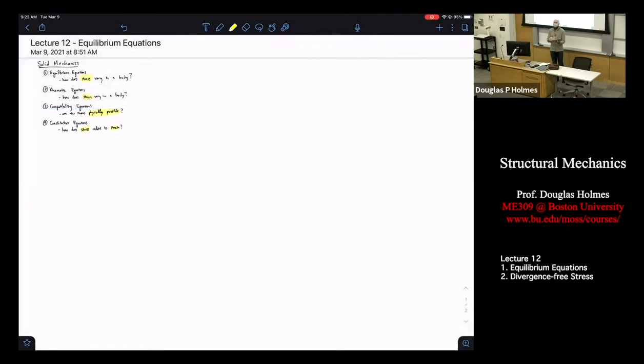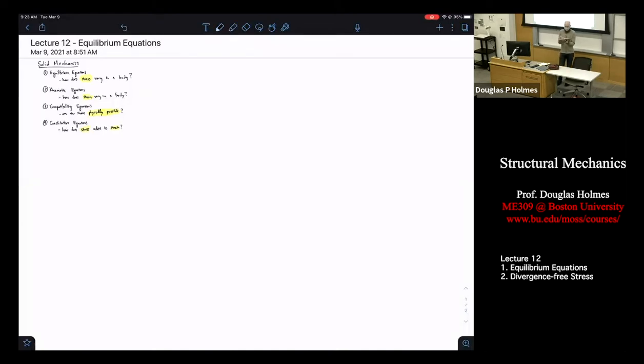These concepts here: equilibrium, kinematic, compatibility, constitutive. These describe how solving these equations allows you to solve a solid mechanics problem. If you're asking how much stress this body is going to take, how much it is going to deform, is this thing going to break, is this thing going to fit when I mold it into my object, these are the equations that we're trying to